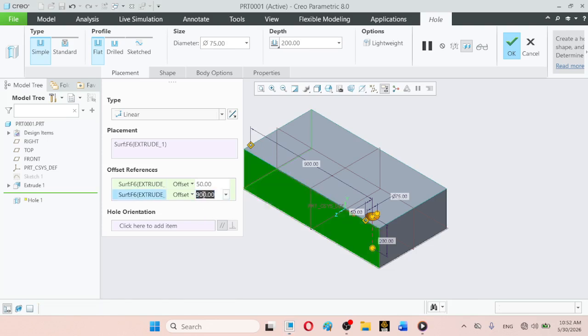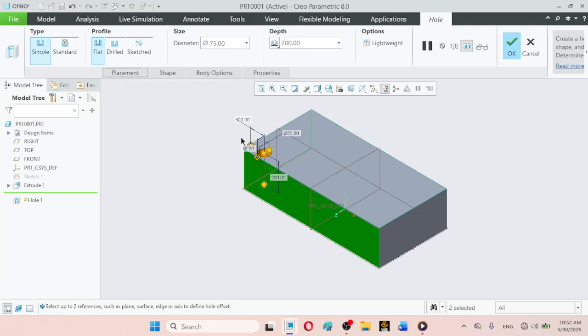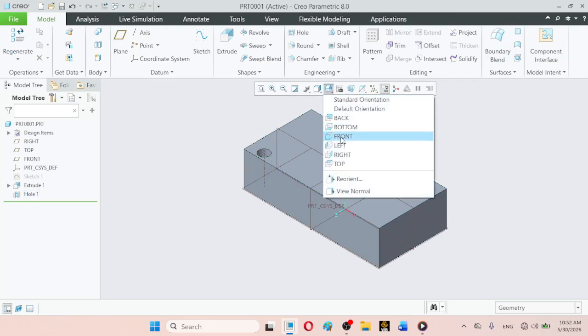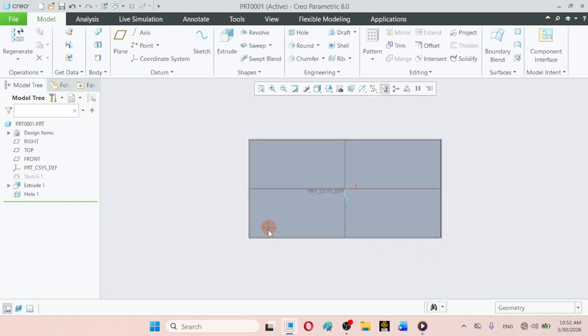If I make it 100 units, this hole has been shifted to the other place. So by any way you can create a geometry which is to be patterned, and click on finish, and first of all you can observe it from the top view, like this.